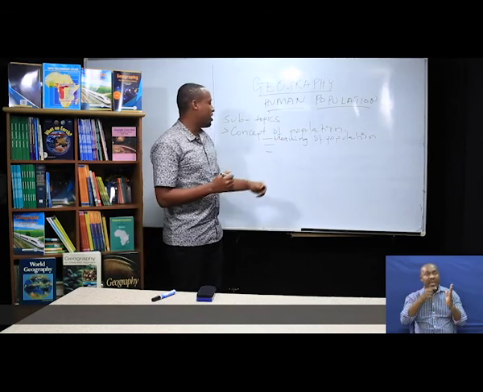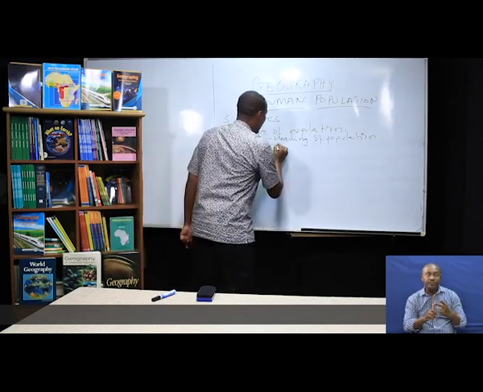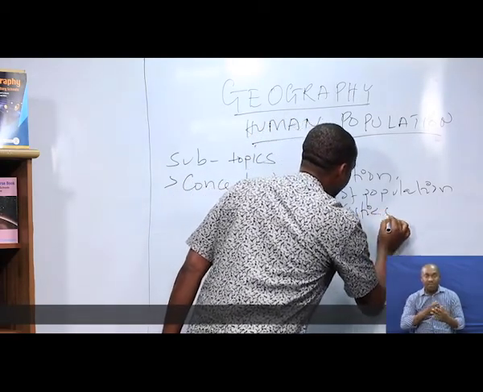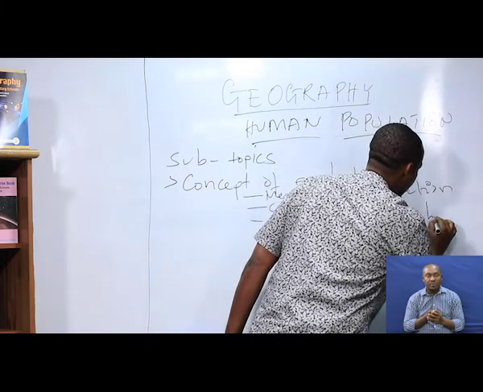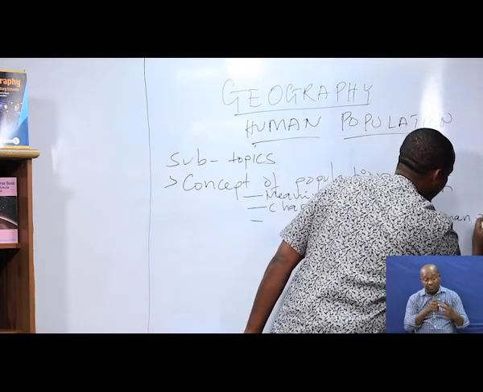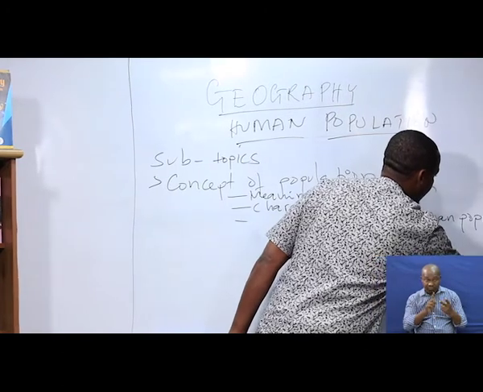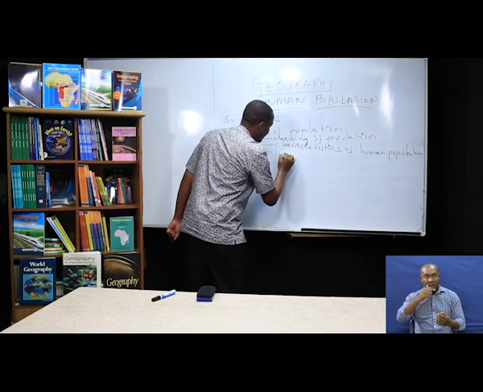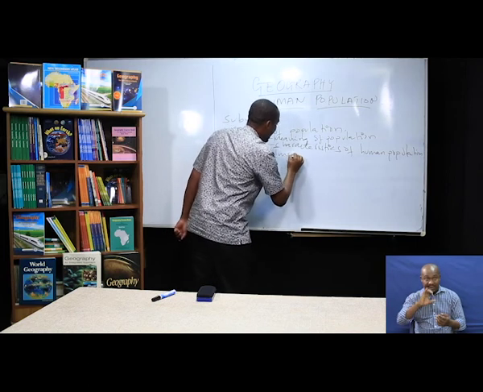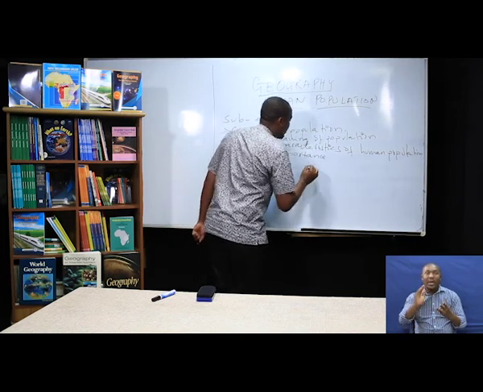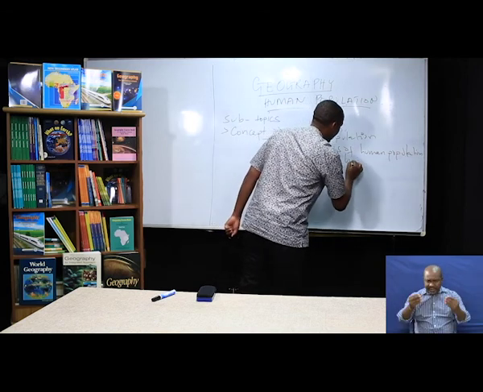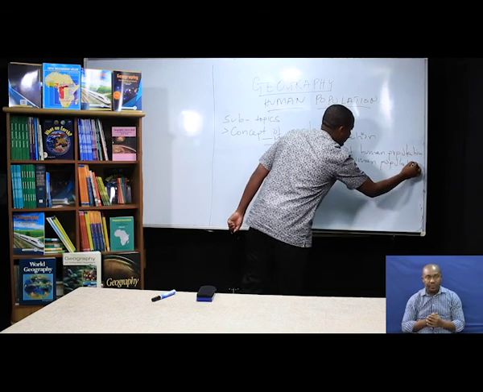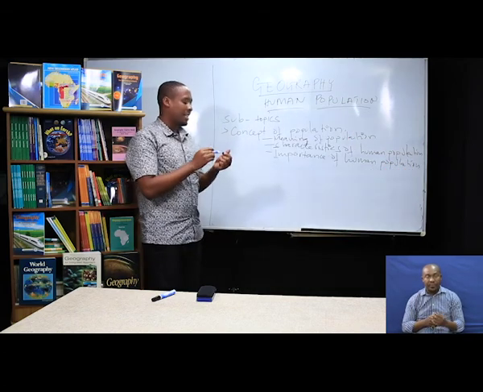Then after knowing the meaning of populations, we are supposed to know the characteristics of human population. Then after that is the importance. Why are we studying human population? Importance of human population. That is the first